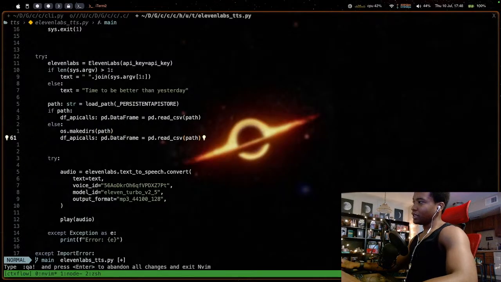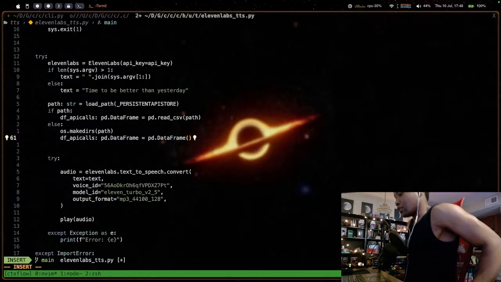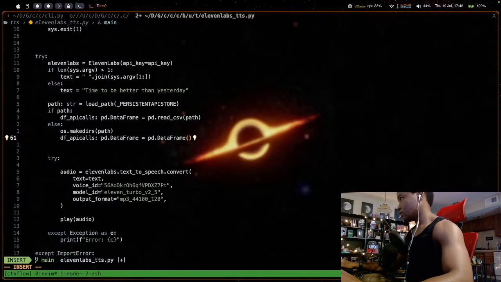But I do want to do that. But instead of doing that, 'cause I need to create it actually, so I need to do pd.DataFrame. I haven't used pandas in so long. So why?